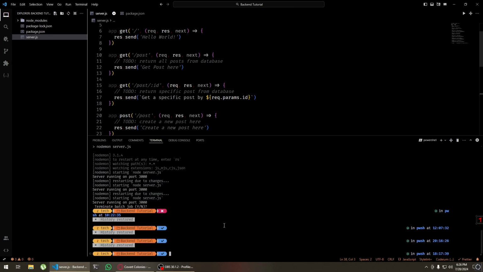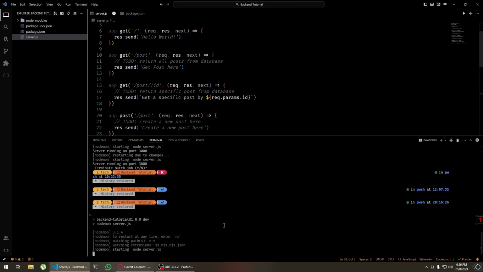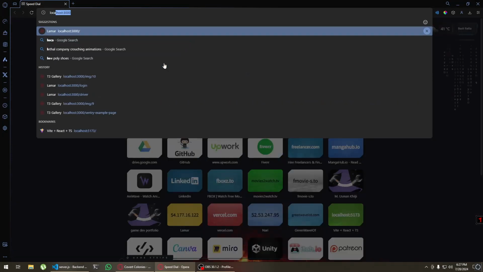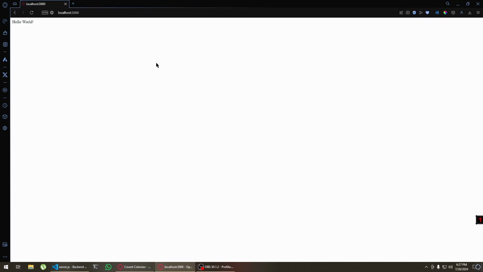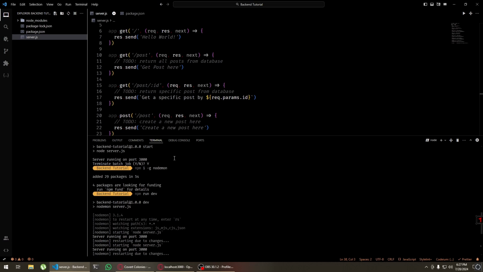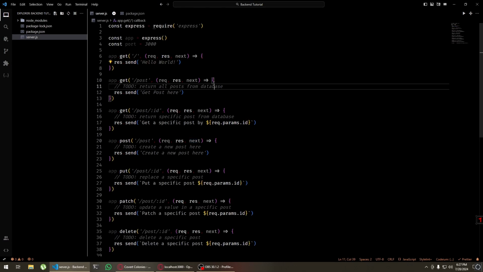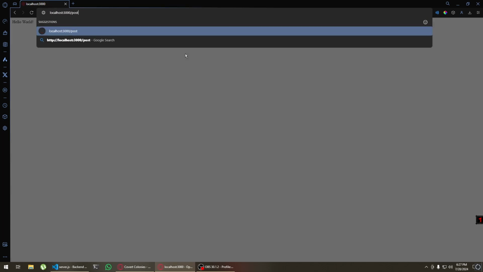If I run npm run dev, the server has started. If I create a new tab here and open localhost 3000, as you can see, it's returning our standard response, which is hello world here. So if I go to slash posts,